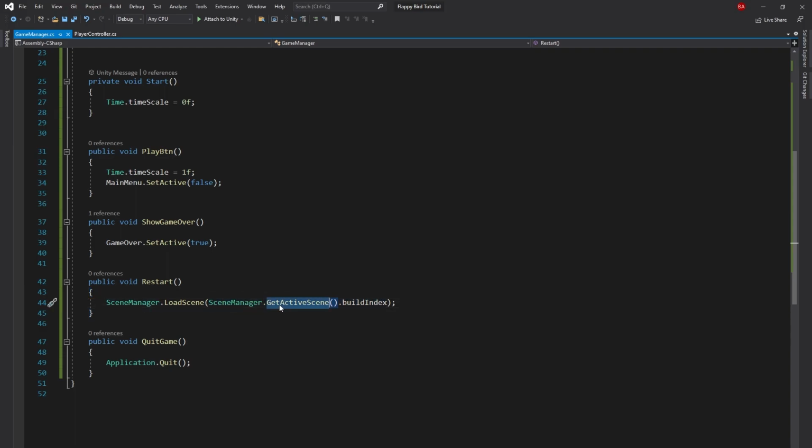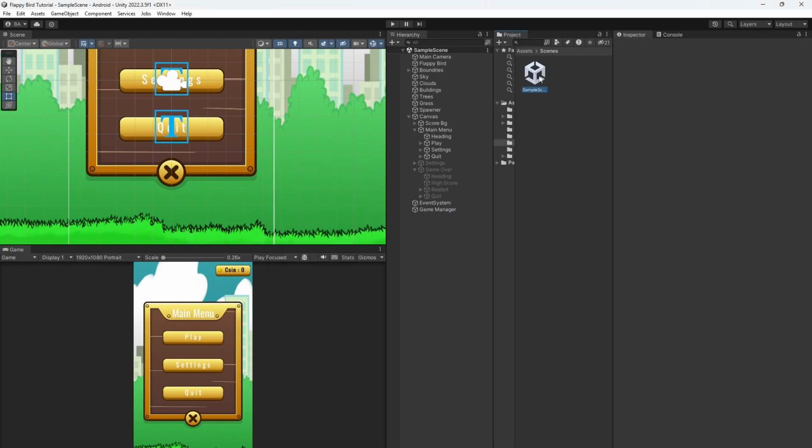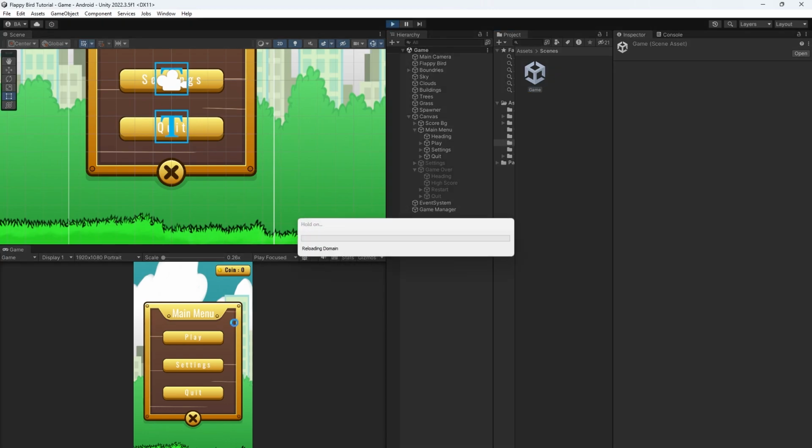I can use this line, SceneManager.GetActiveScene().buildIndex. It is getting the active scene and its build index. So this is the build index, 0, 1 is the build index. For example, if there are 5 scenes, we have 5 build indexes. So let's rename this, maybe to Game Scene. Okay, now let's play the game,